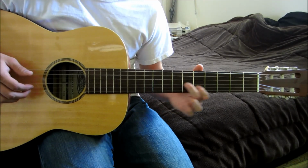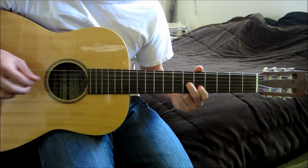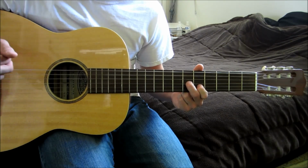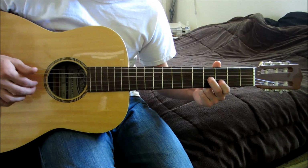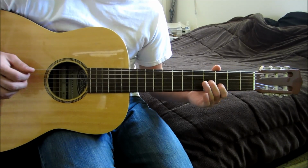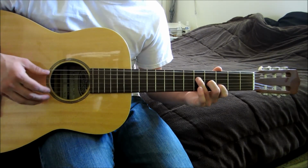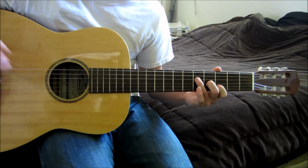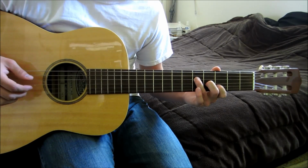and then you're going to move up to the 5th and 6th fret, pluck both strings, then the A string, pluck both strings again, and slide to the 3rd and 4th position while it's ringing. Then you're going to pluck them again, and then you're going to put your ring finger on the 7th fret and pluck the A and the D, and then pluck the B, G, and D, slide on up to the